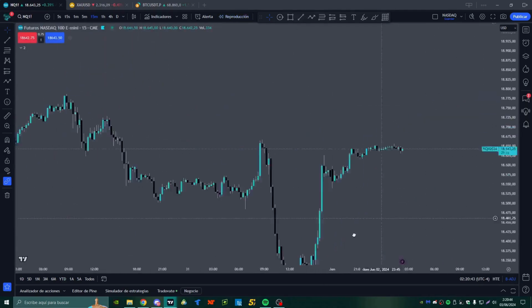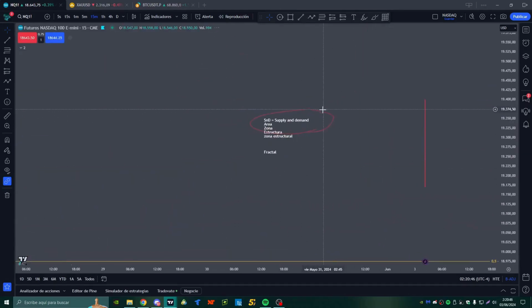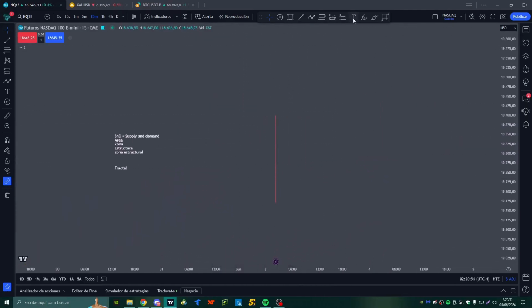So it's still the same. It's still an area, a zone, a structure, etc., but in a different time frame. And on this side,